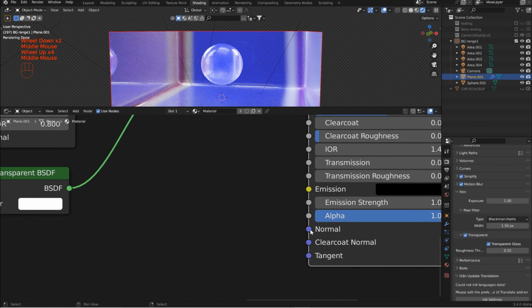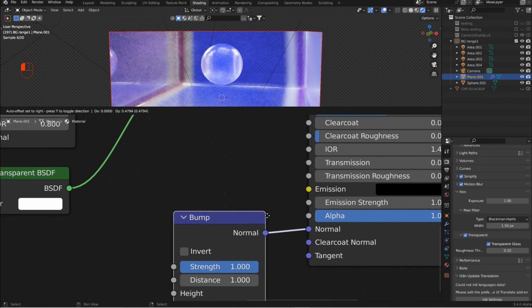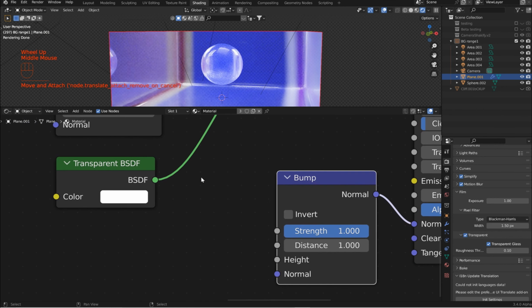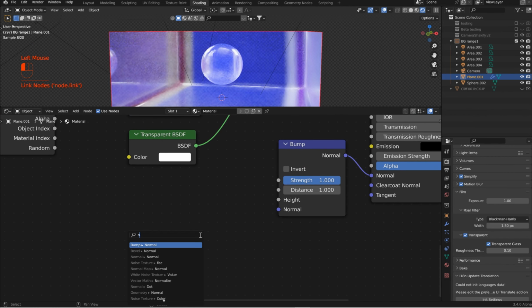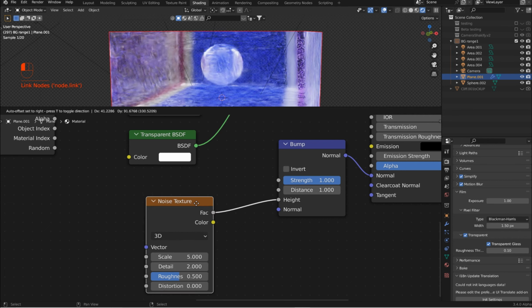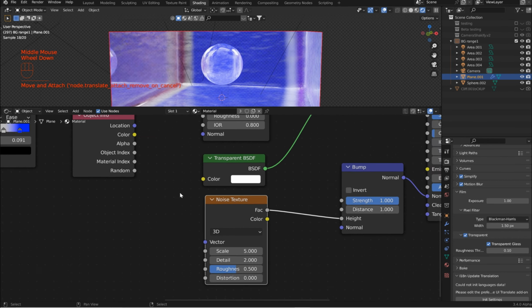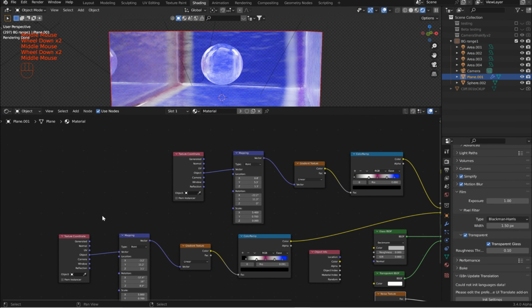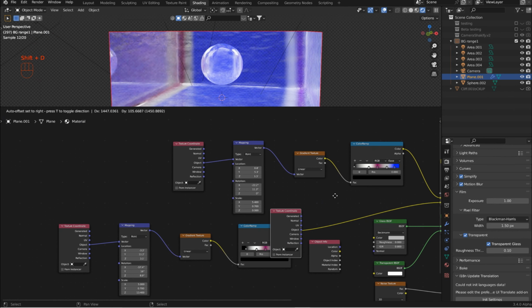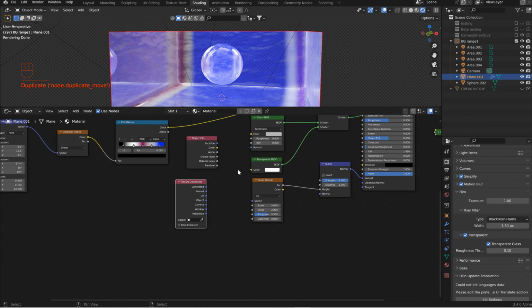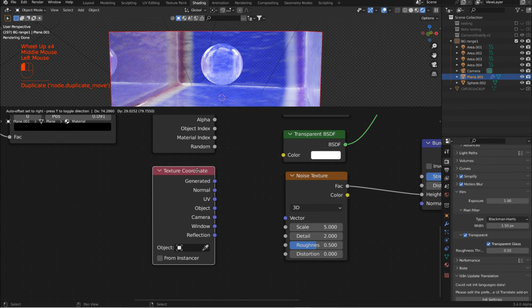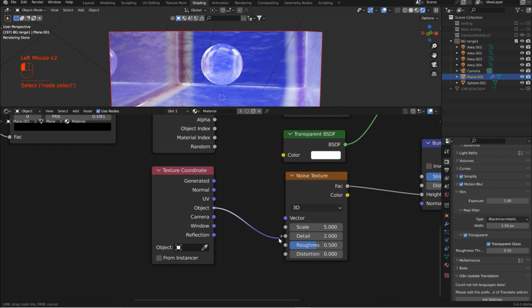One thing I will do is I'm gonna grab the normal and type in bump. This is like my second most favorite thing to do. Now I'll grab the height, type in noise, go for factor. I'm going to come over here and just Shift D duplicate one of these, and then while it's still floating, you can just bring your screen over like that. And I'll plug this in, probably